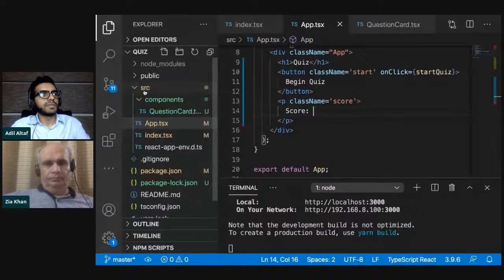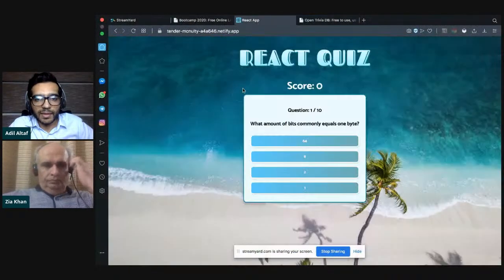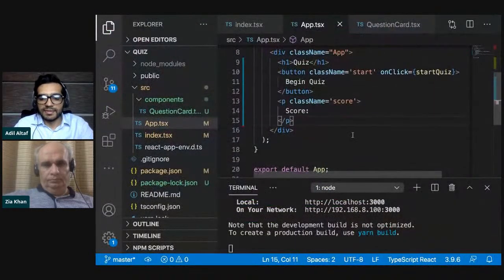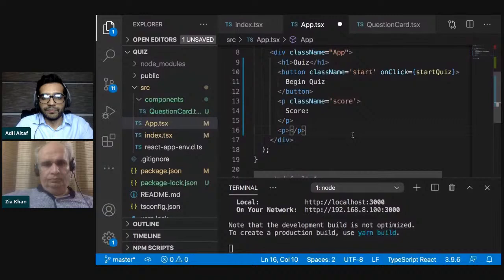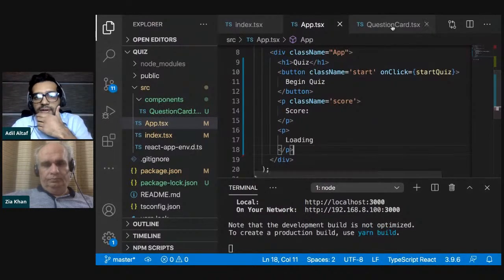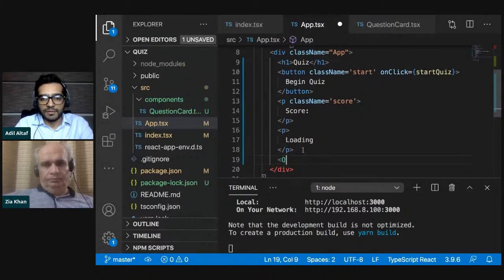Next object we need on our component is this. Whenever this app starts, and if we click the start button, it should say like a loading kind of message. So we just need a little placeholder for loading this, and then we also want to get back our component. This component, we want to display it as well. So question card component